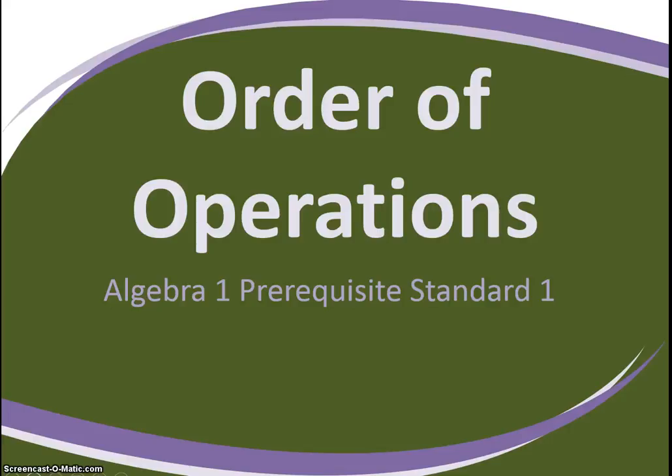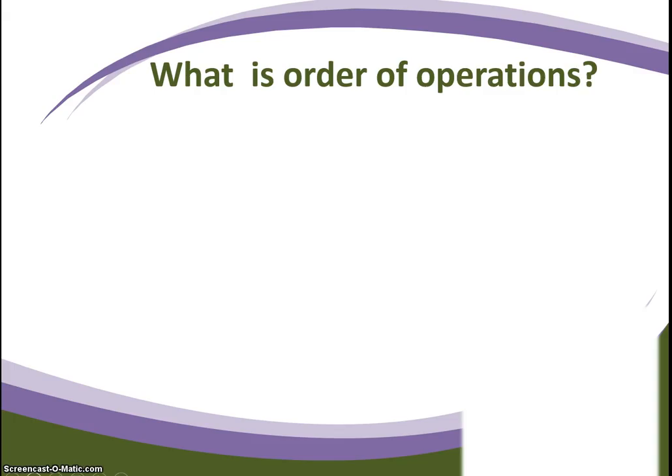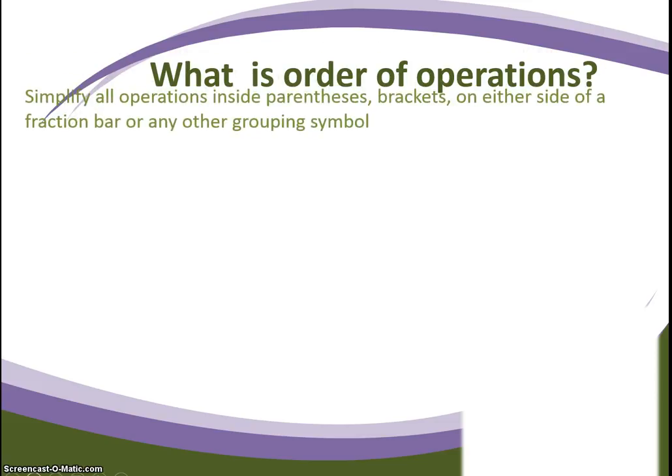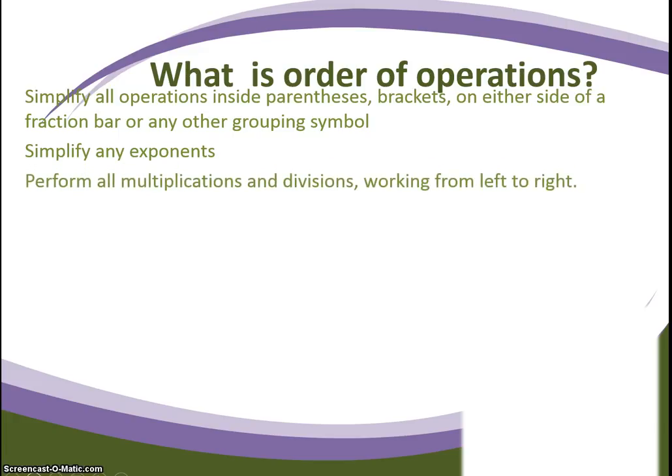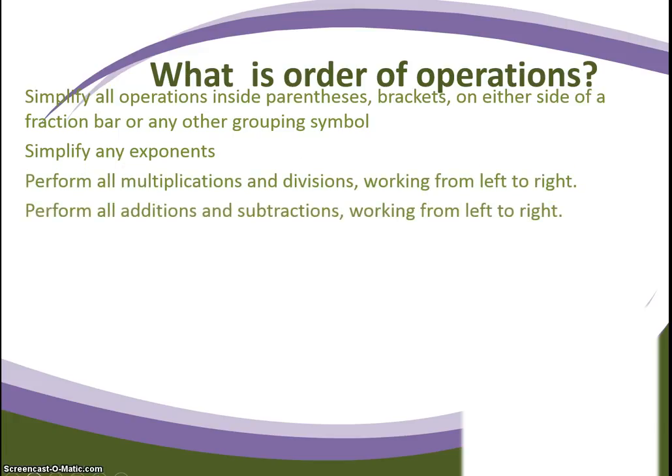The first prerequisite for Algebra 1 is simplifying order of operations. Using order of operations, we're going to simplify all operations inside parentheses, brackets, on either side of a fraction bar, or any other grouping symbol. Then you simplify any exponents, perform all multiplications and divisions working from left to right, doing the same with addition,